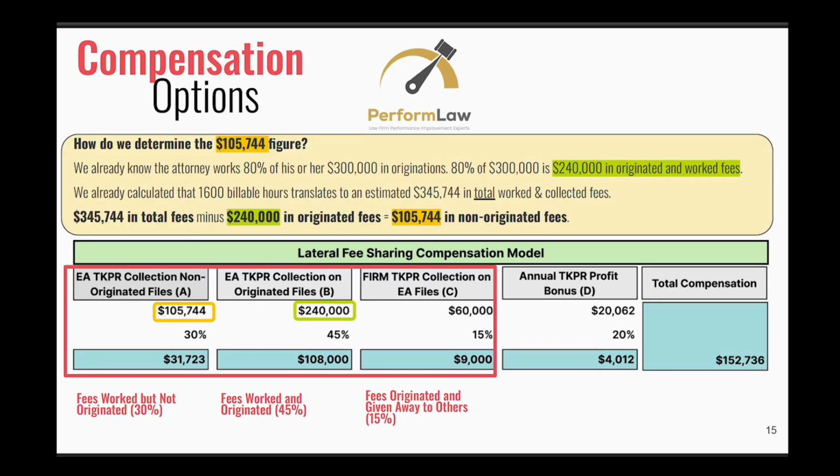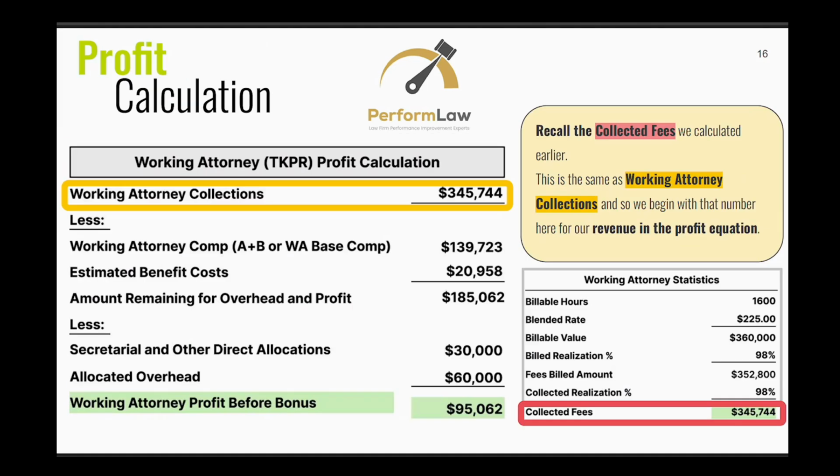This section just talks about how we get to the figures that we show in the orange and the green boxes. You can read that for yourself. And then we get to the actual profit calculation. So in the orange box here, you're going to see the revenue portion of our calculation, and then everything below it is us gradually subtracting out different costs. So the orange box would be the collected fees that we calculated earlier,